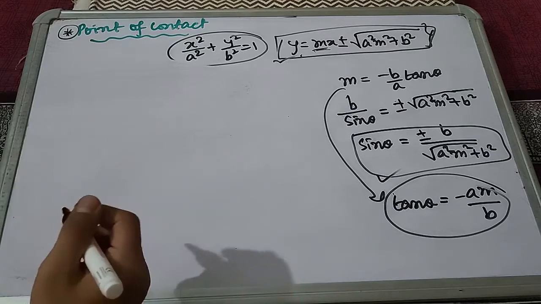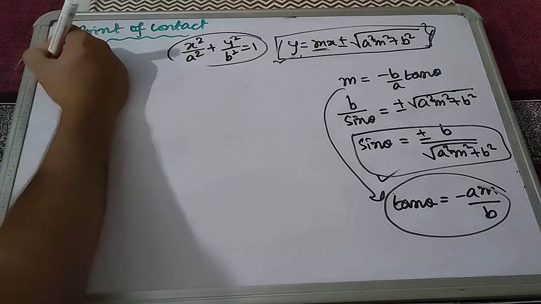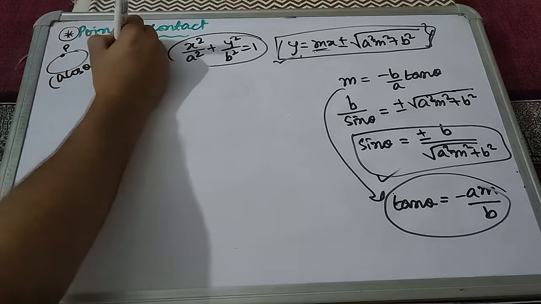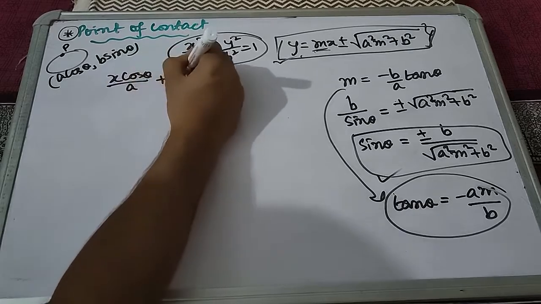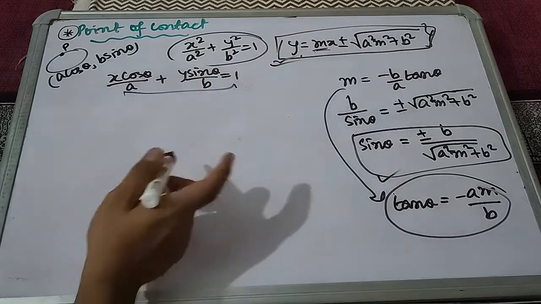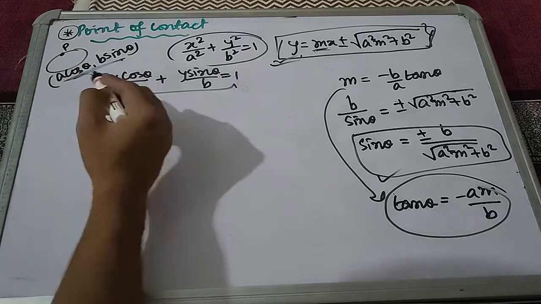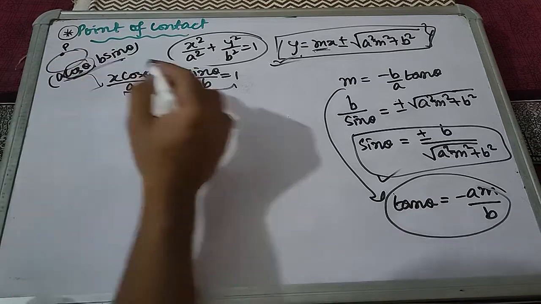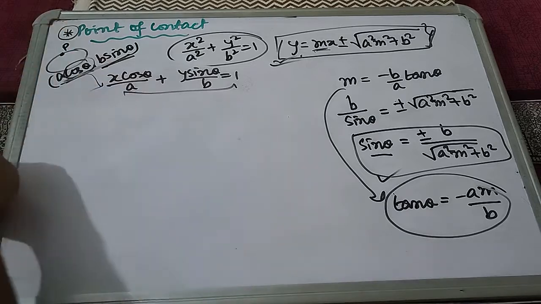Actually, why are we solving so many things and why did we take that parametric equation, do you understand now? Because we already know that this point P is a cos theta comma b sin theta, and we wrote the equation in the parametric format, x cos theta by a plus y sin theta by b equals 1, and we compare this and this, because we know that this point lies on the curve and this point is brought using this. So what do we need? We just need the value of cos theta, because we have the value of sin theta. Therefore we know what is b sin theta. Just what we need to know is a cos theta.